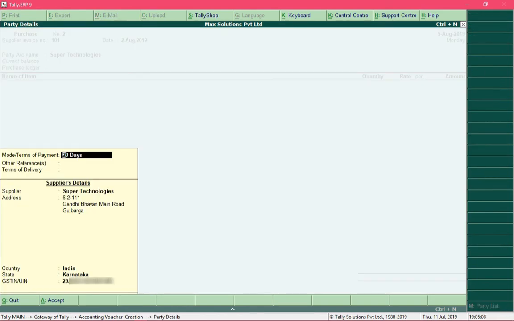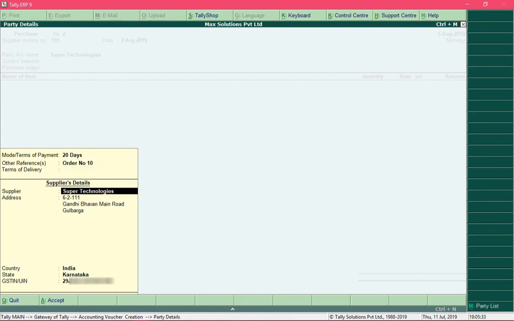As soon as you select the supplier, you will be provided with this screen. This screen is referred to as the party details screen. Here you can add some information like any reference to this order, like order number 10, and any terms of delivery which have been agreed between you and the supplier.